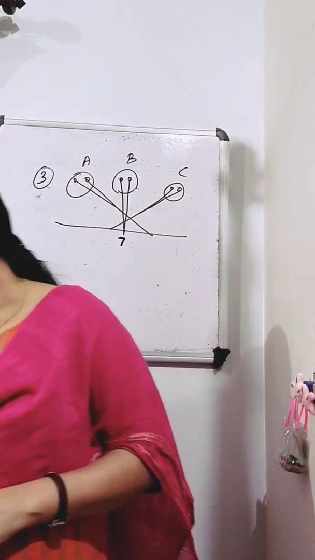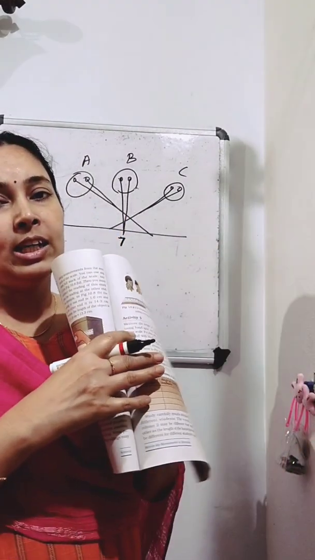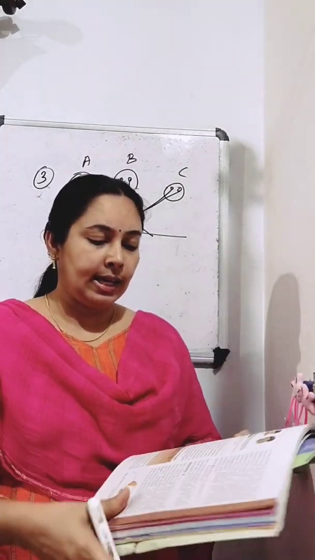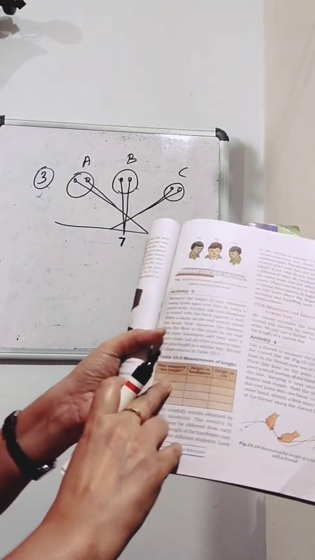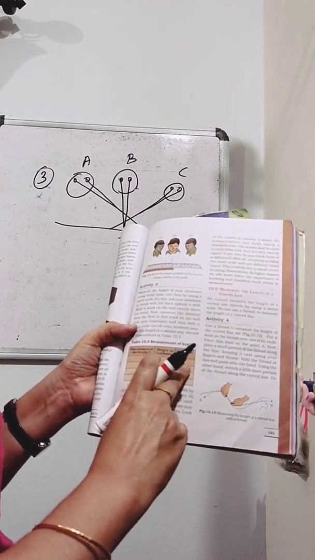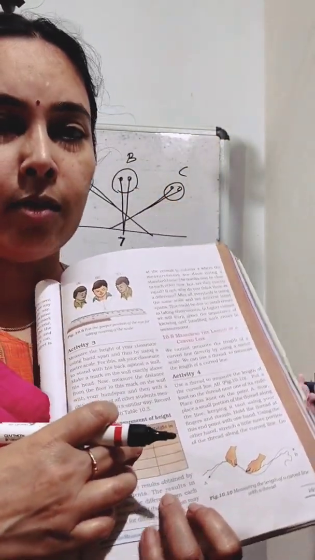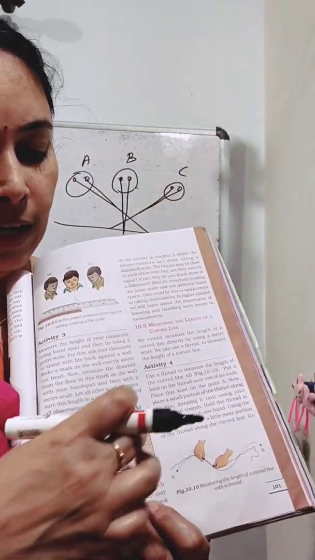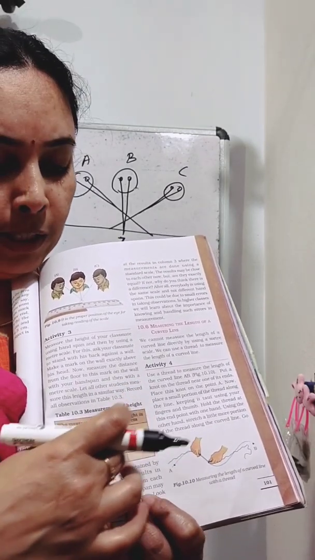Clear? Then there is an activity 3 in your textbook. So in that activity you can see one table is given. Here who measured the height. Next you can see height in handspan, height in centimeter. So first here you should measure the height of the students with the handspan. Here you can use a measuring tape and write the measurements.